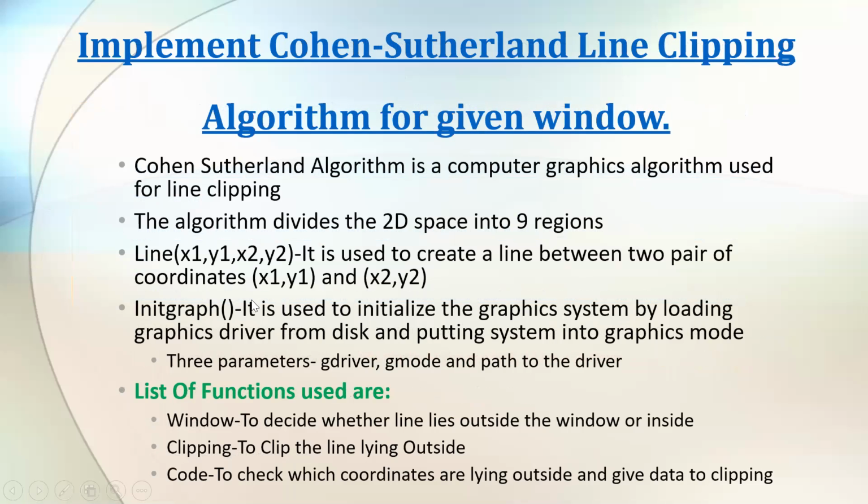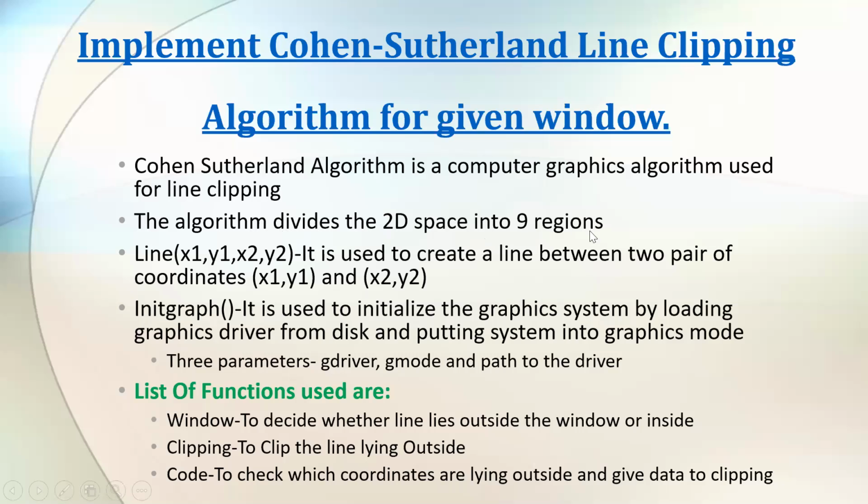So we'll just go through the theory part first. I hope you all remember. The Cohen-Sutherland algorithm is a line clipping algorithm, and here you divide a region into 9 regions. A single region is partitioned into 9 sub-regions, and each region is given a 4-bit code, based on LRBT: left, right, bottom, top. You all remember that? Yes, yes, ma'am. A 4-bit code.